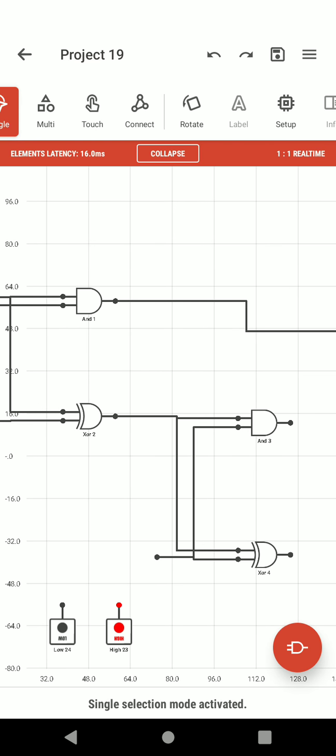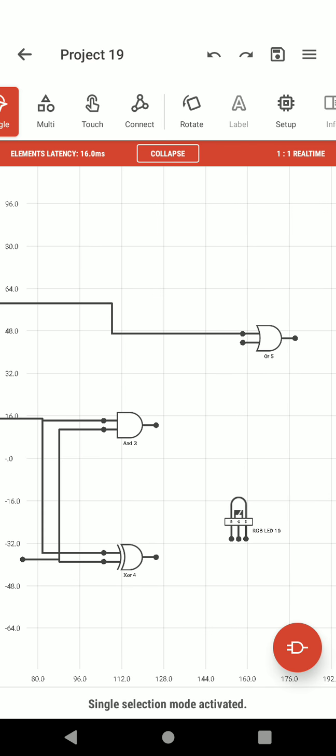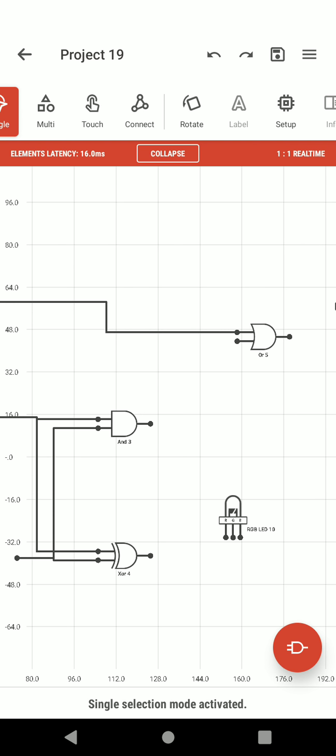So finally we have connected this, and the output of this AND gate would be given to the OR gate. So click on connect AND gate. So they both have been connected.